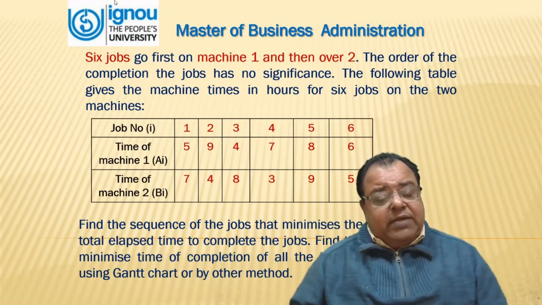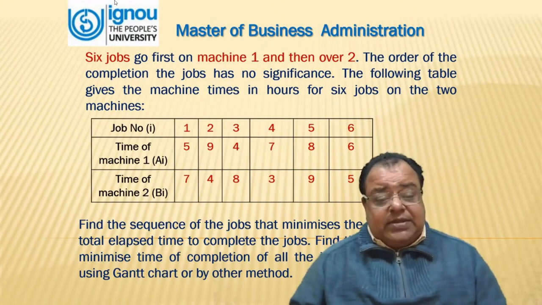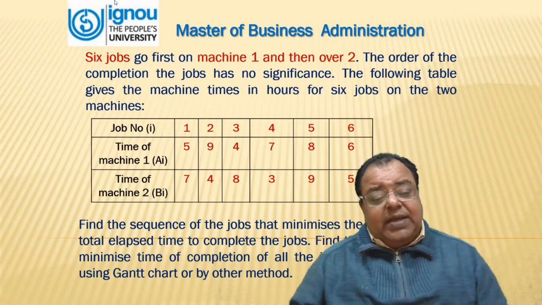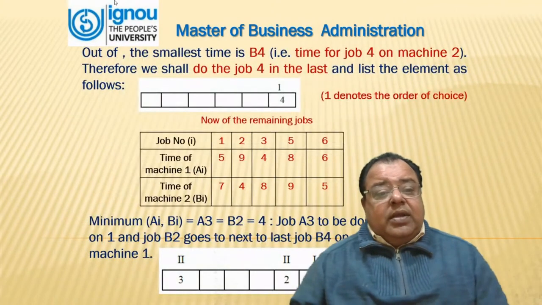The following table gives the machine time in hours for 6 jobs on 2 machines. Find the sequence of the jobs that minimizes the total elapsed time to complete the jobs. Find the minimized time for completion of all the jobs by using a Gantt chart or by any other method. We will